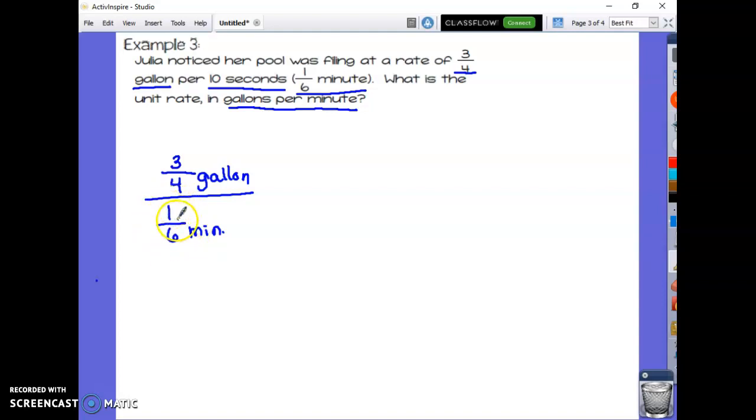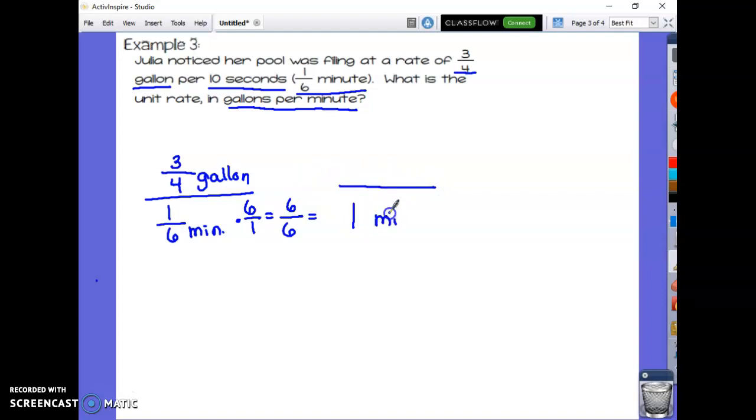Well, if we had a 6 in the numerator over here, it would end up with a 1, because 6 divided by 6 gives us a 1. So if we multiply the denominator by 6 over 1, we would end up with a 6 over 6, right? So that would equal